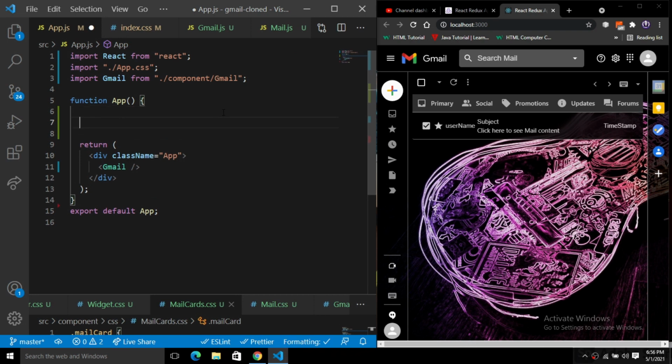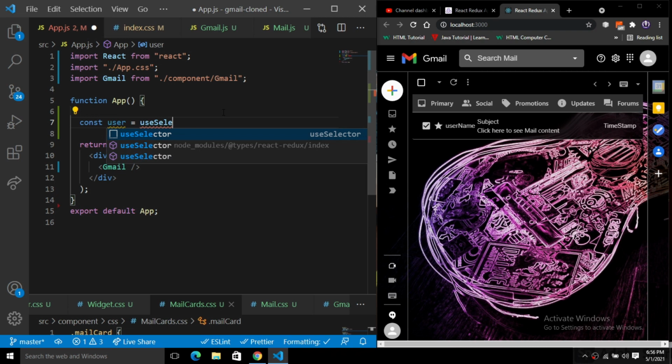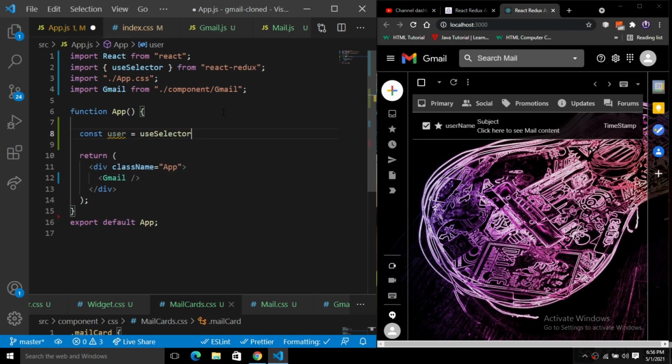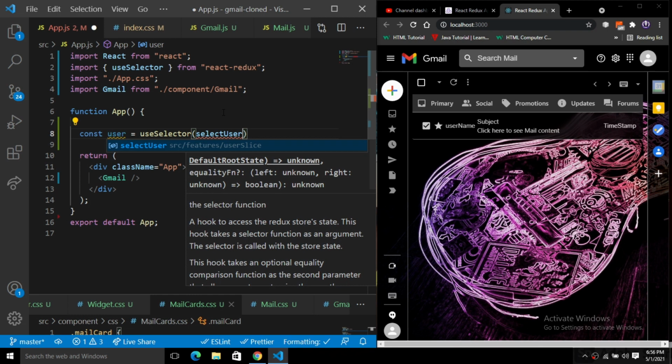First of all we will use a const user, and here we will have a useSelector hook that we import from Redux. Inside of this we simply pass selectUser. It just returns us the user if there is a user or not. It simply returns the action's payload, right? So we have a selectUser here.